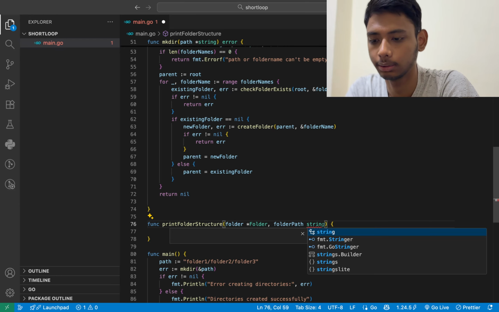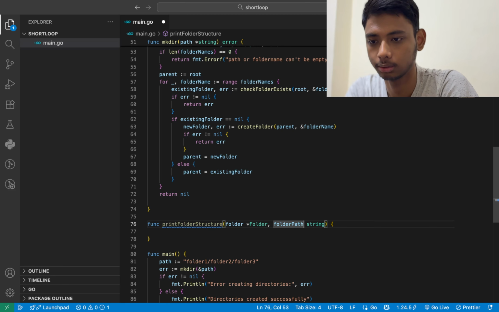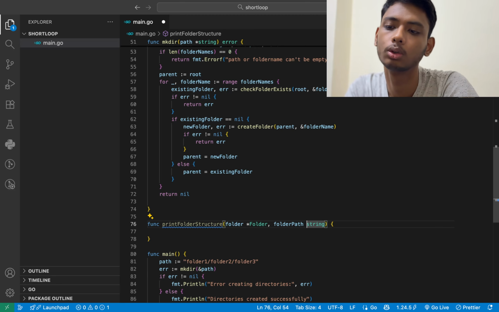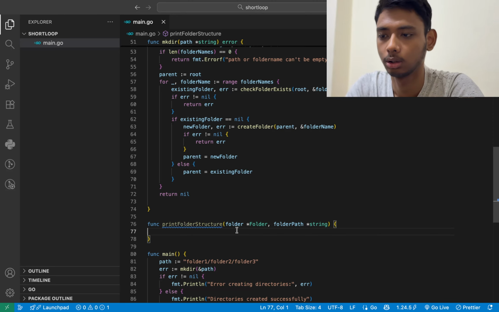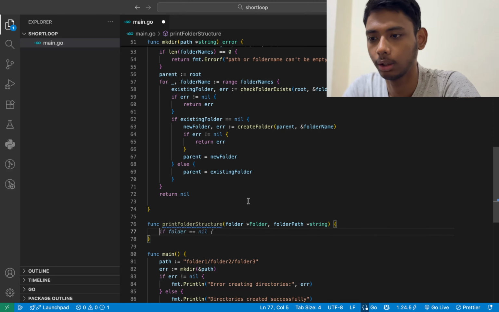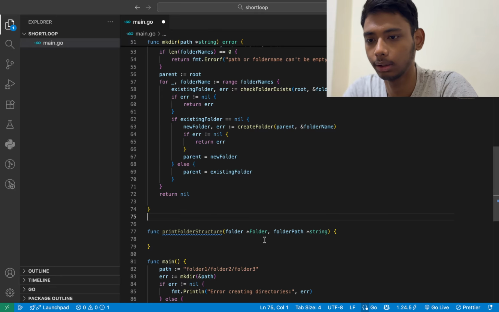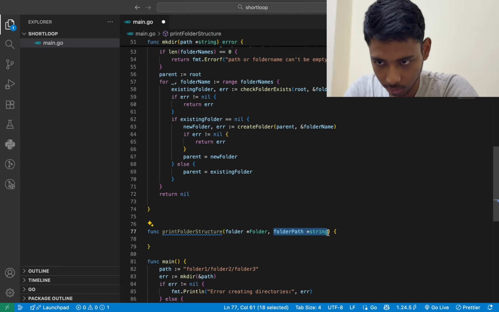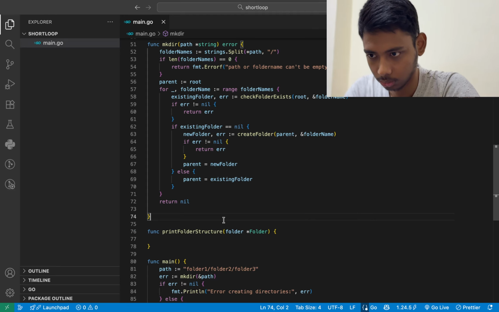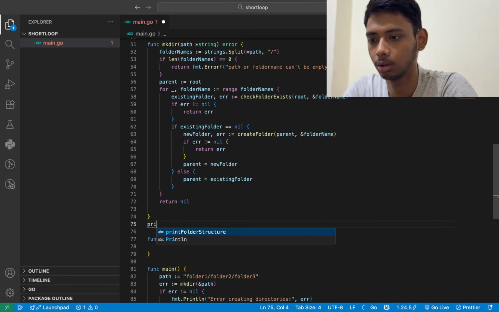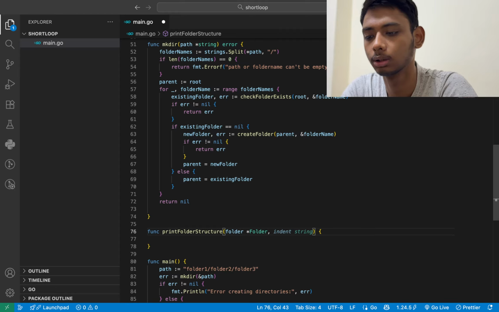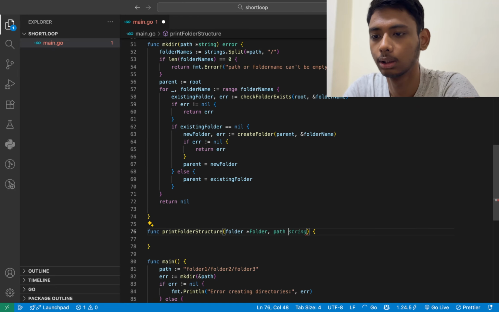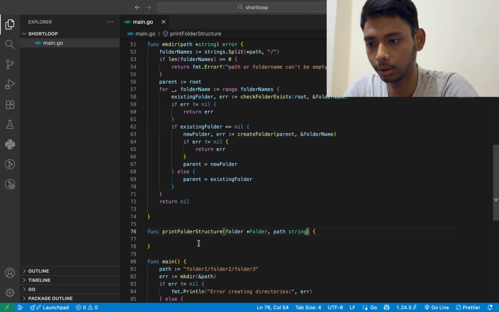String. Let's make it a, should I make it a pointer or what? Yeah, let's make it a pointer. And let's suppose we define it here only. And no, we shouldn't do that. Let's just keep it a path string. Okay, and then